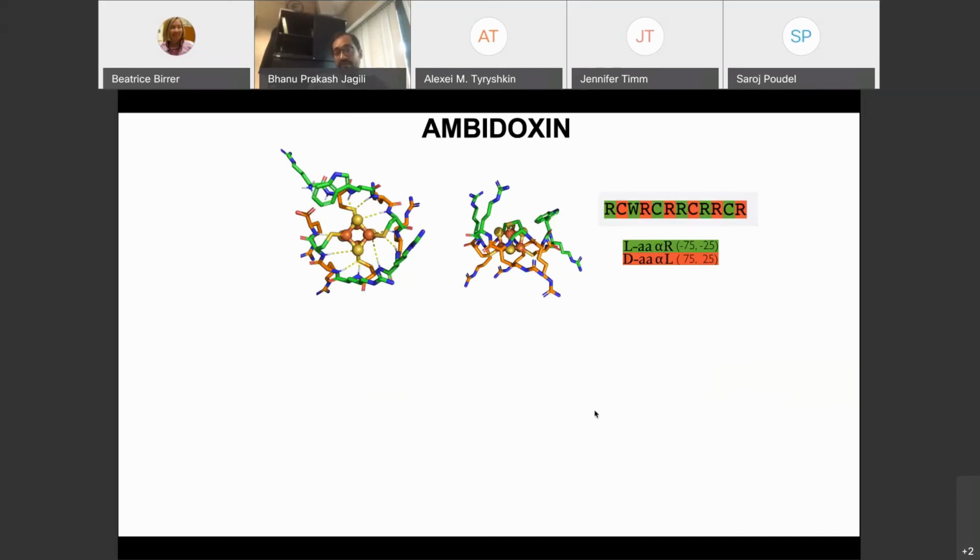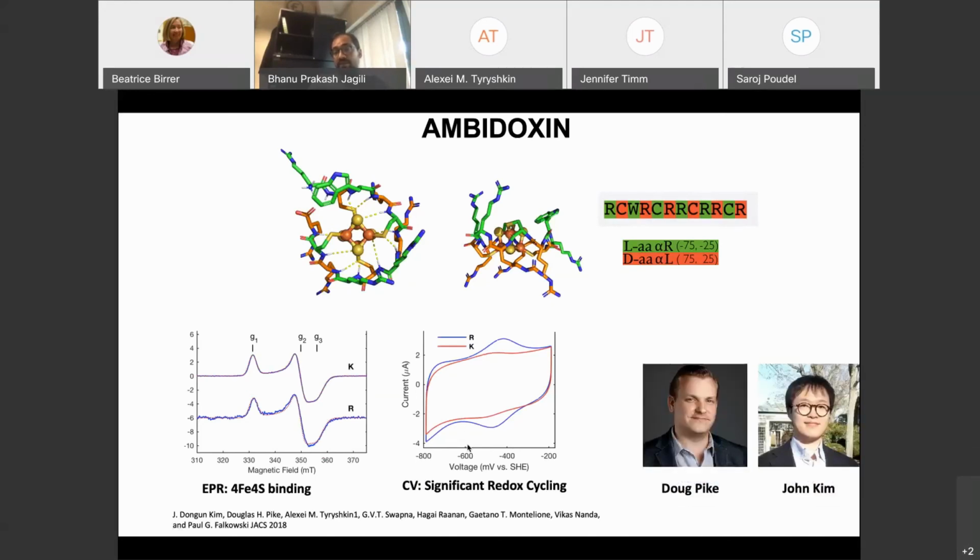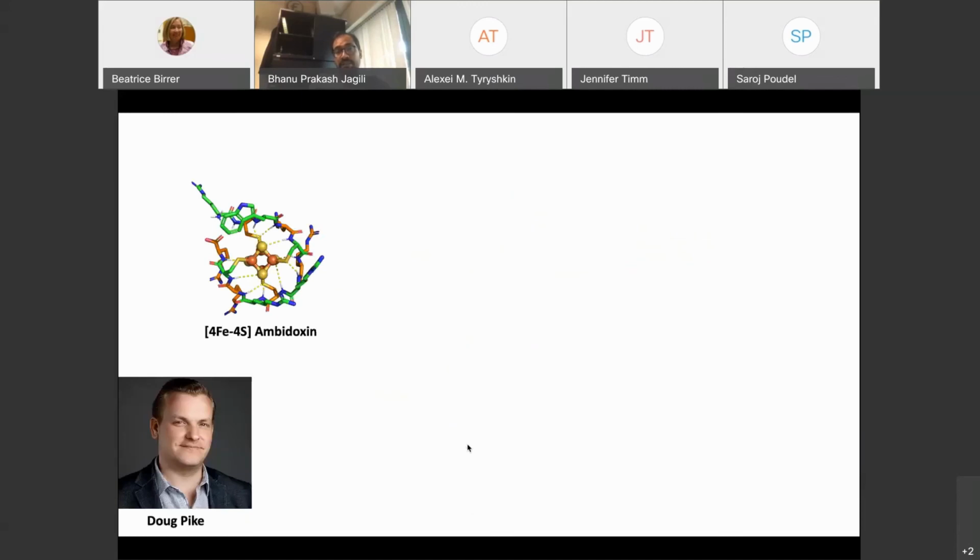This is a computational design. As per the design, it is binding an iron-sulfur cluster, has 1 iron-sulfur cluster binding site as evident from EPR data, and it can transfer electrons and perform robust redox. It can undergo robust oxidation and reduction cycles over thousands of cycles. This work was done by Doug Pike and John Kim and was published in JACS. Doug, who initially designed this Ambidoxin,